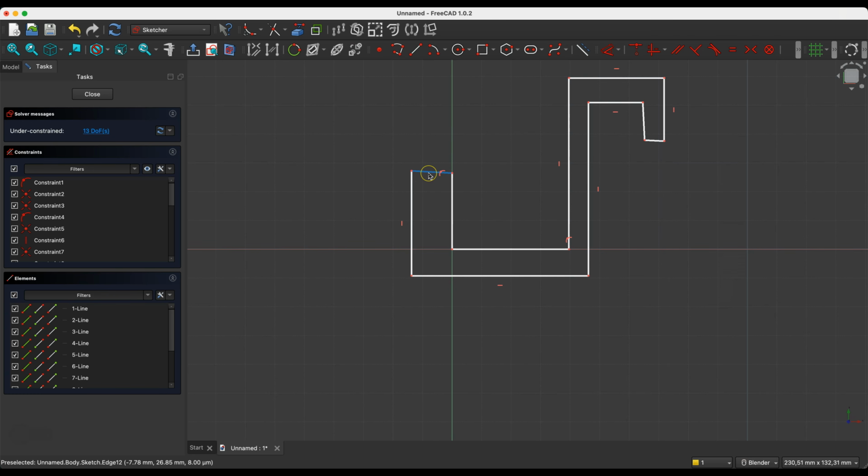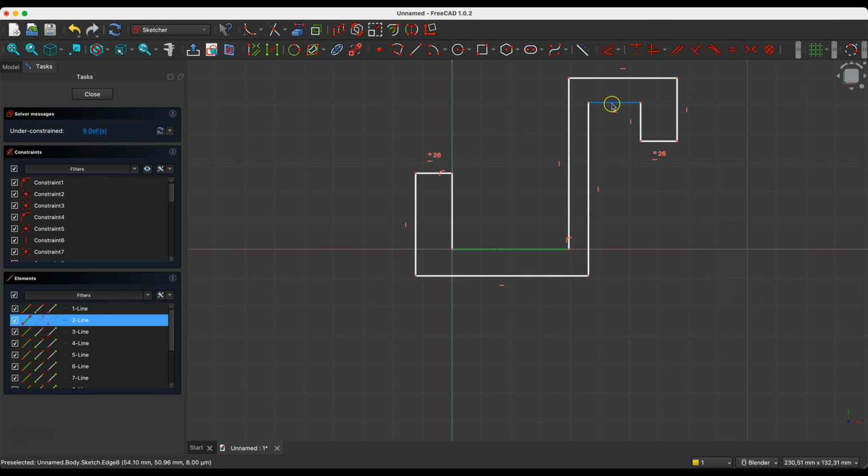This line is not horizontal, so I select this line and press the H key. I do the same here. I select the line and press the H key, and I want this line to be vertical, so I select this line and press the V key. Now I would like this line and this line to be equal, therefore I select these two lines and press the E key to apply the constraint equal length here. I will do the same with these lines. Select these two lines, press the E key,